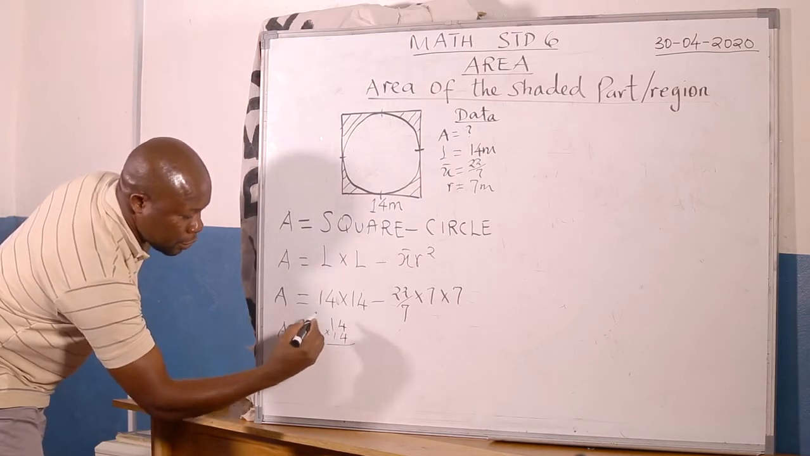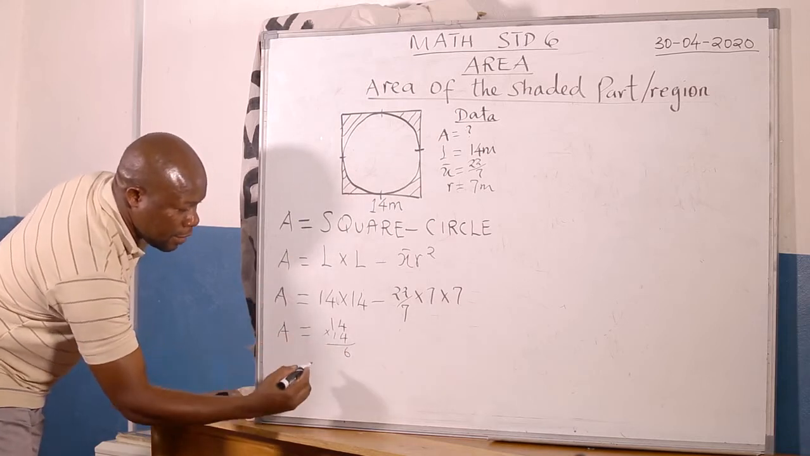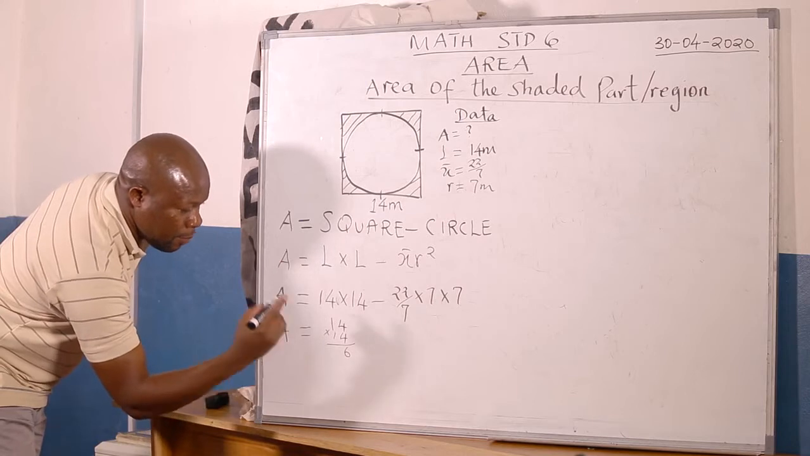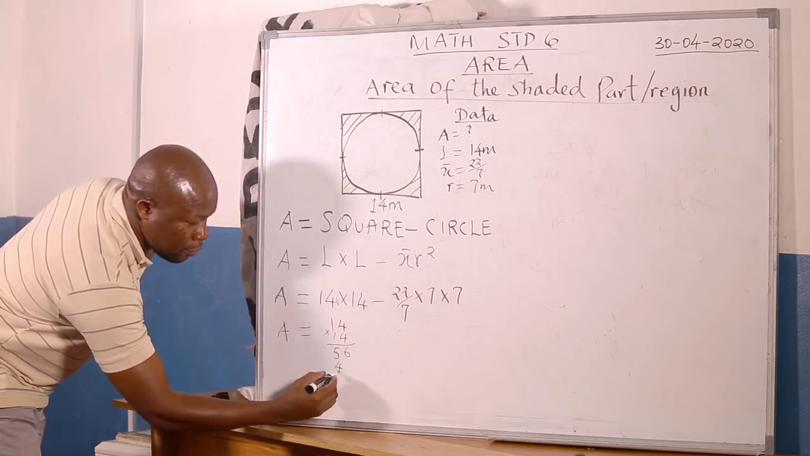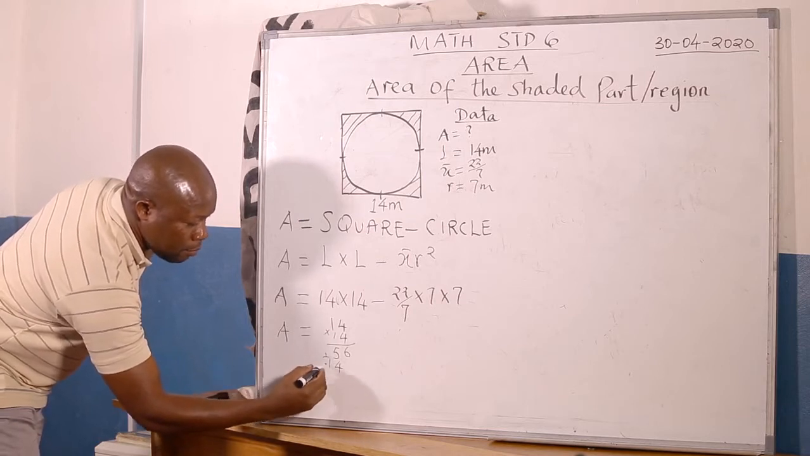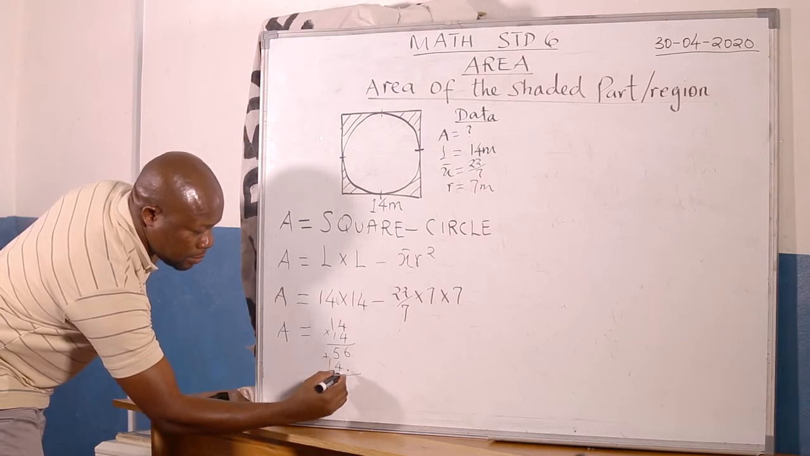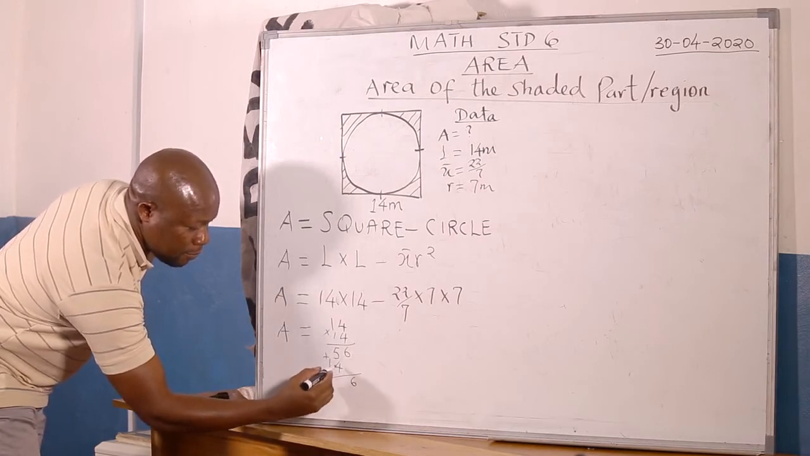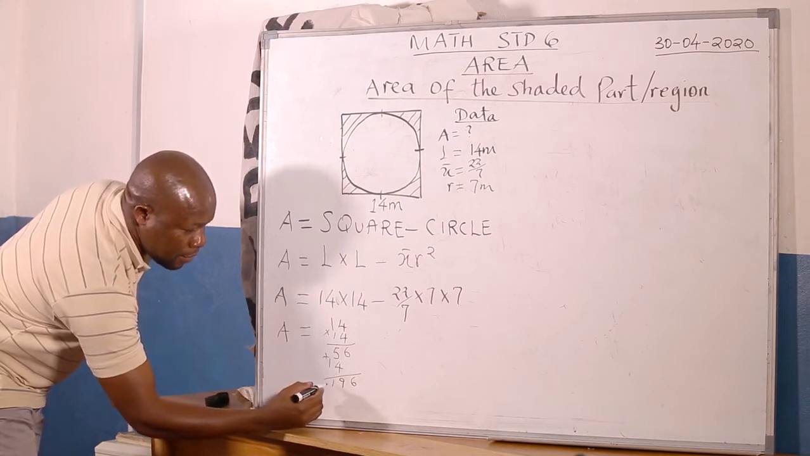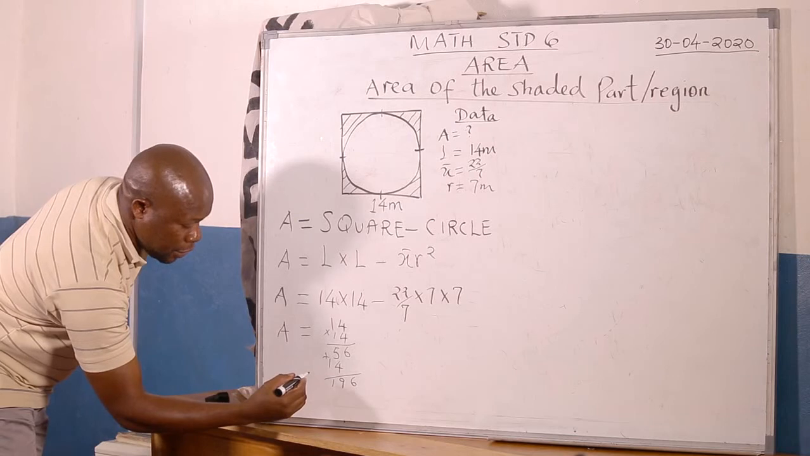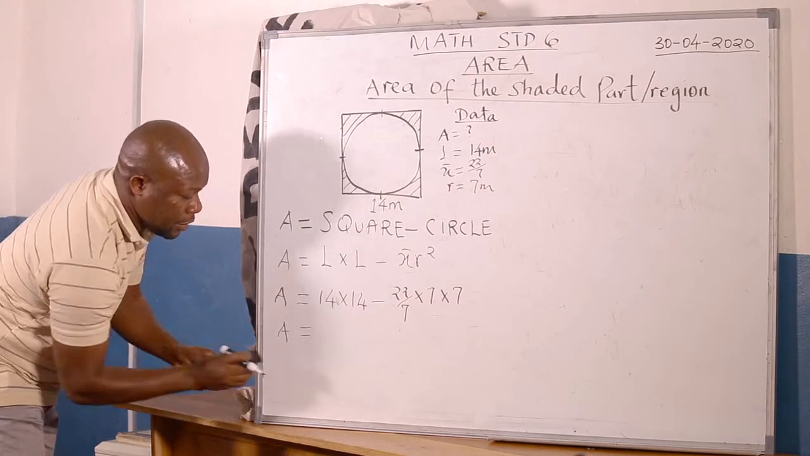14 times 14 is equal to 4 times 4 is 16. We carry 1. 4 times 1 is 4 plus 1 is 5. 1 times 4 is 4. 1 times 1 is 1. Put your multiplication together. 6 plus nothing will be 6. 5 plus 4 will be 9. 1 is going to be dropped down. So 14 times 14 is 196. So we are going to write